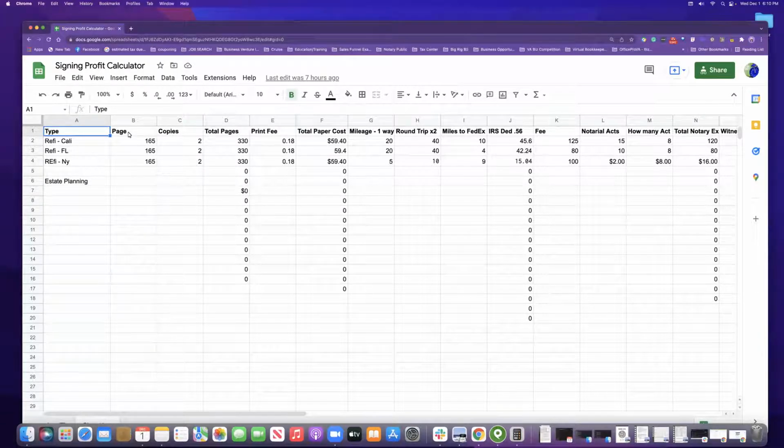Column B is pages. How many pages are in the document that I have to print out? That's going to vary based on the type of job from column A. But based on what we did earlier this morning, people said a refinance usually has about 165 pages. So in column B, I have 165. That means on average, the person here in California normally gets about